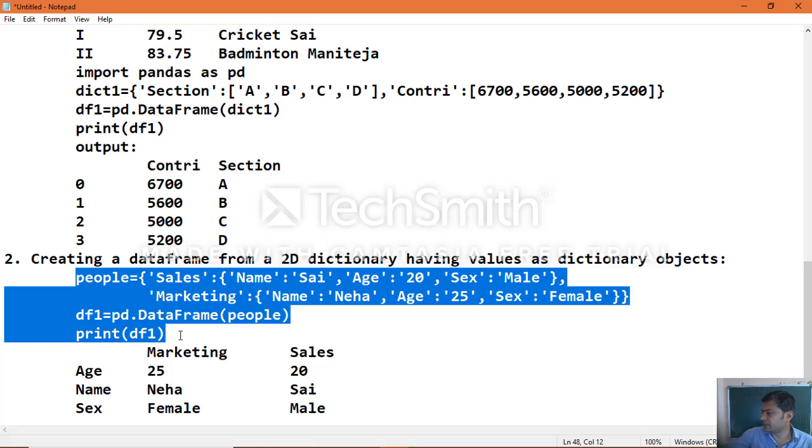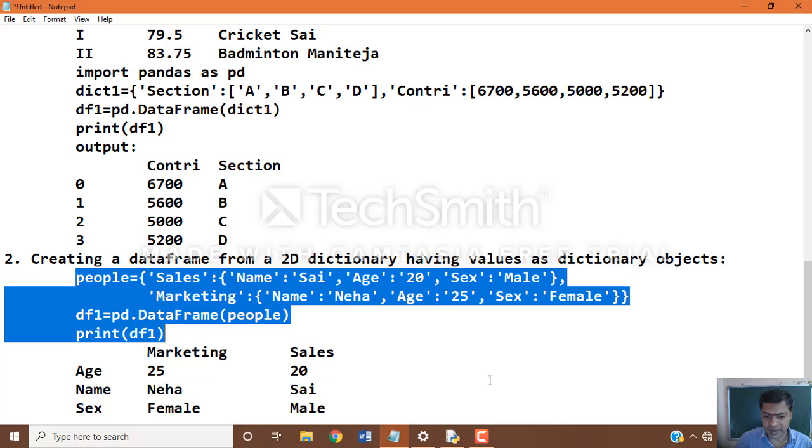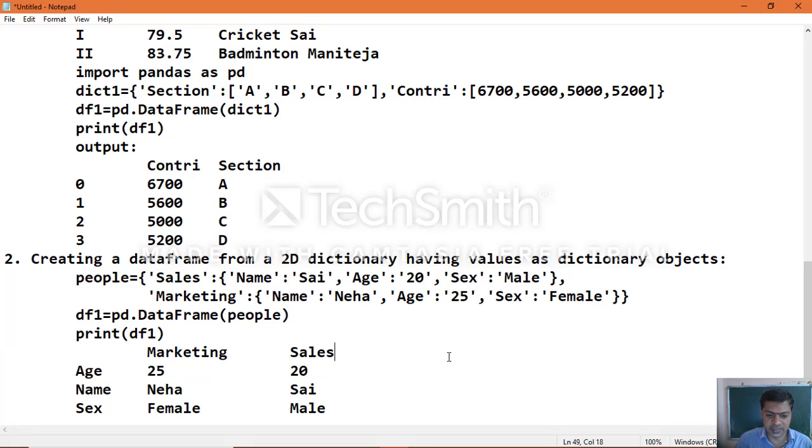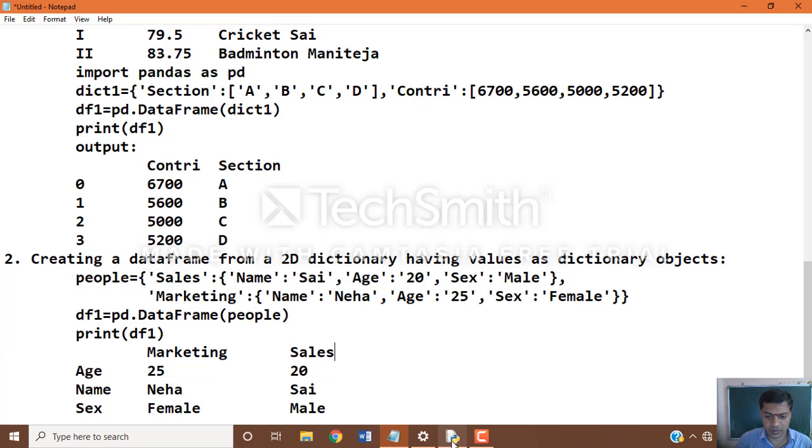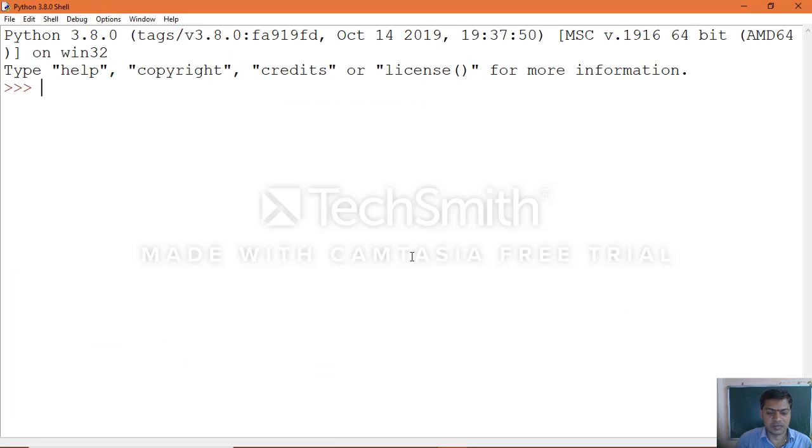In the same manner you can see another example of how it was represented, the quarter representation. Now we'll see with a practical example how we can execute these examples. So we'll proceed with the first one, creation of an empty data frame. So how we can make use of it.